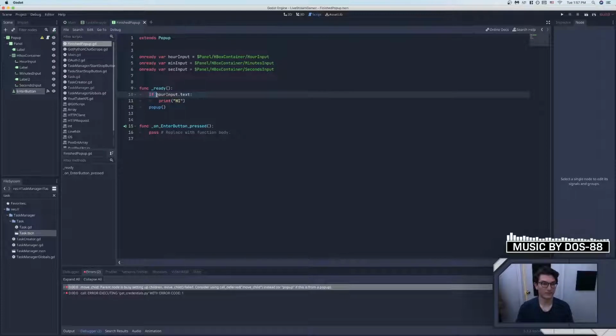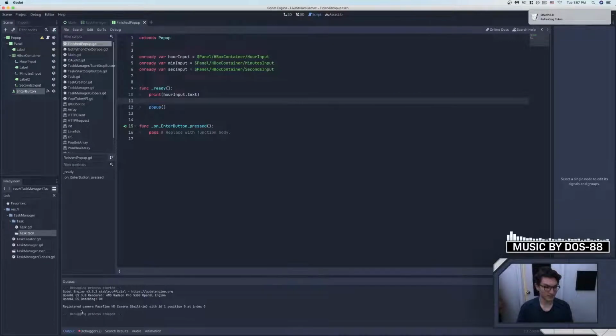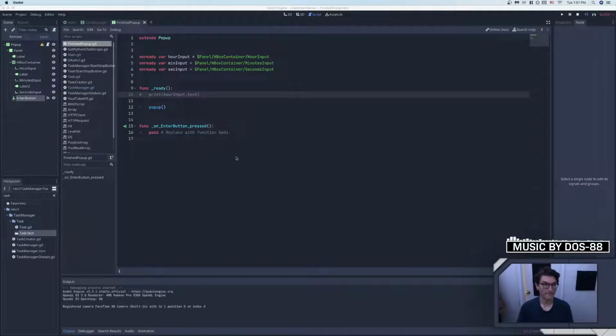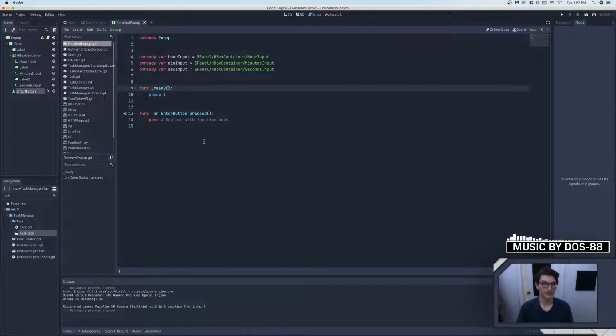Now I would like to do print that, just to see if it prints anything. Okay, so it looks like it is printing. Actually, no. Hold on. Okay, yeah, so it is printing a blank space. But what we should be able to do is this, essentially, is what I'm trying to do. I'm trying to make a check. So we're going to say if